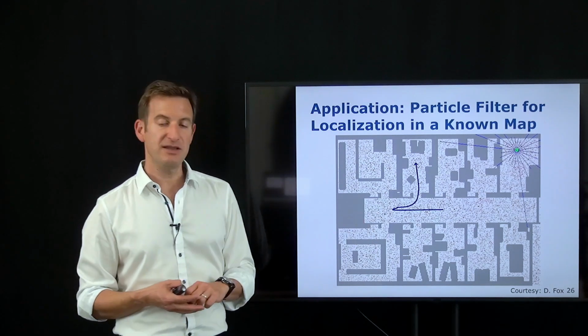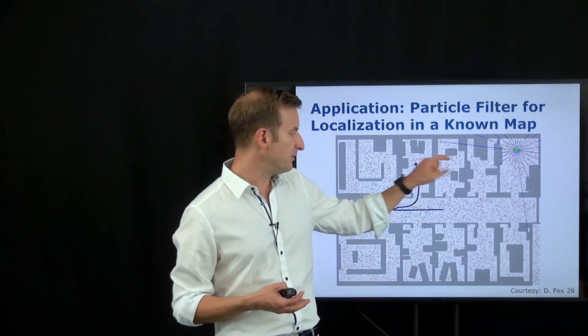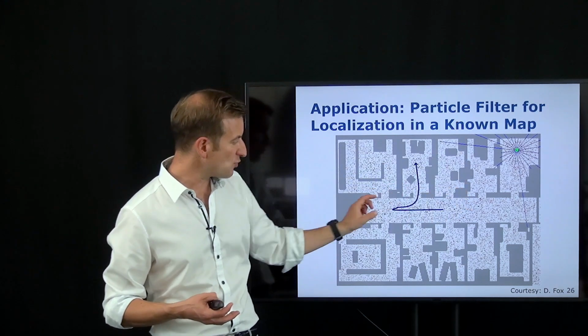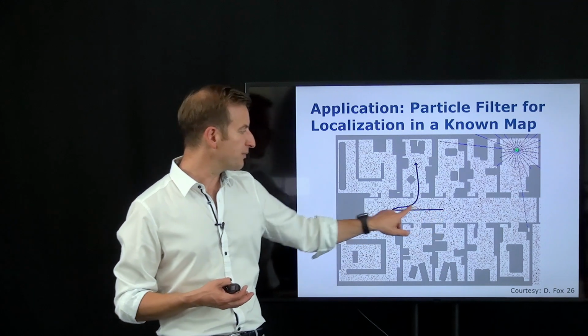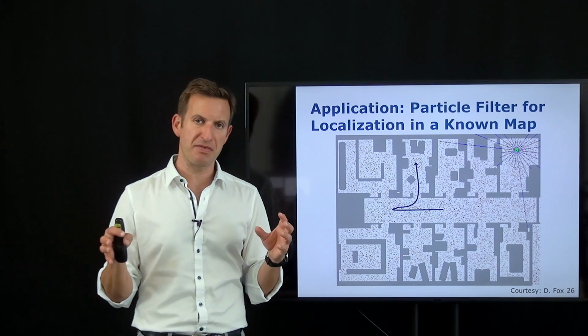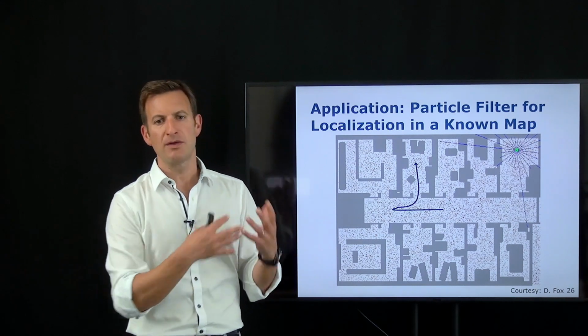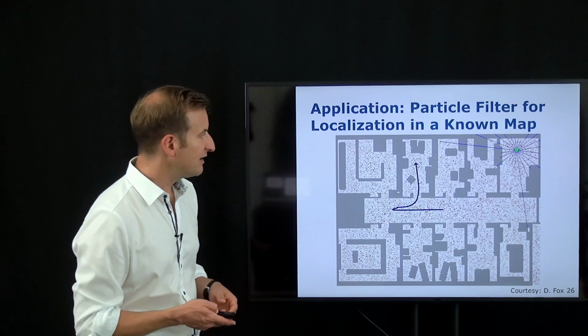The important thing in here is that this is a symmetric environment. So except for a few things which are located in the rooms, you can flip it the other way around and the corridor would look exactly the same. So as the robot moves through the corridor, you will see that multiple hypotheses, in the end 2 hypotheses, survive, and only by moving into a room is the robot able to identify where it actually is. So let's see how it looks.